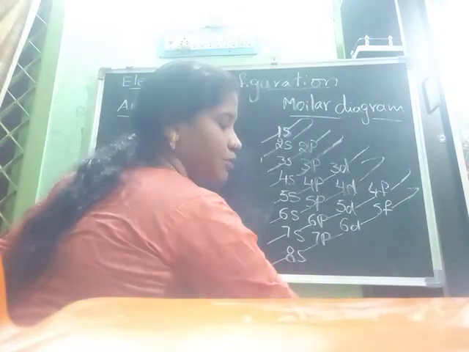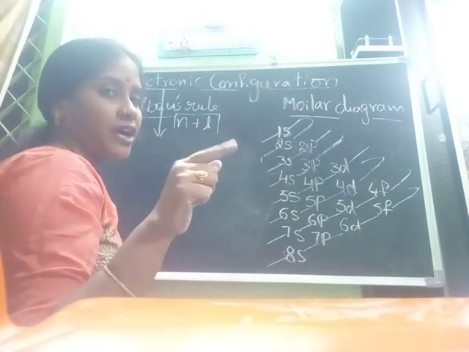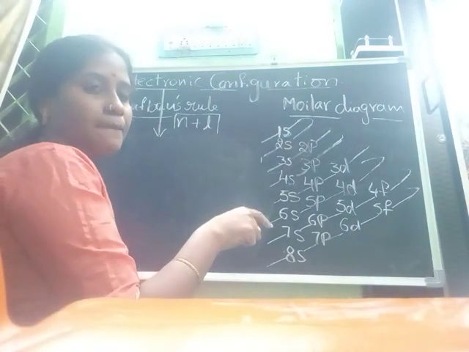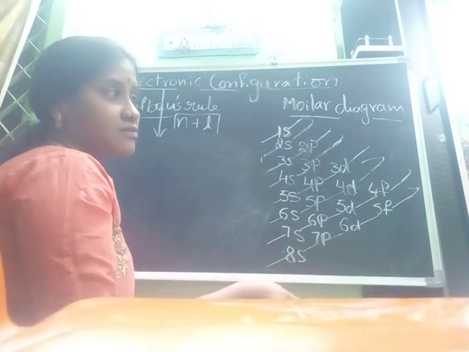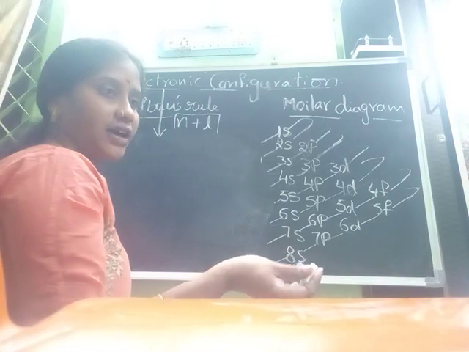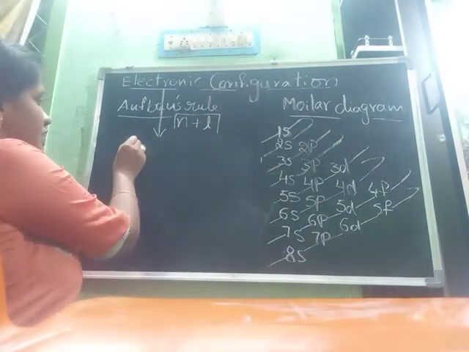This is very important. The 10th class state board students who are going to write will get a 5 marks question from this configuration, or based on the Aufbau diagram, they will ask a 2 marks question. Plus one students also need to write the ions. How the ions are formed, they need this basic concept of electronic configuration.